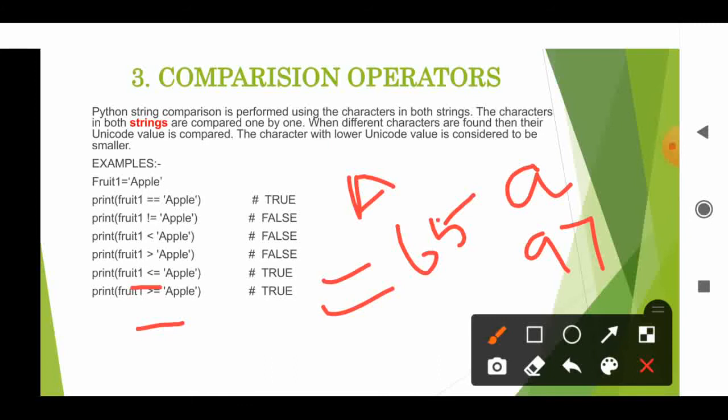The next letters continue up to the last letter Z: B 66, C 67, D 68, up to Z. So the ASCII code of the capital letters starts from 65, and the small letters from 97.